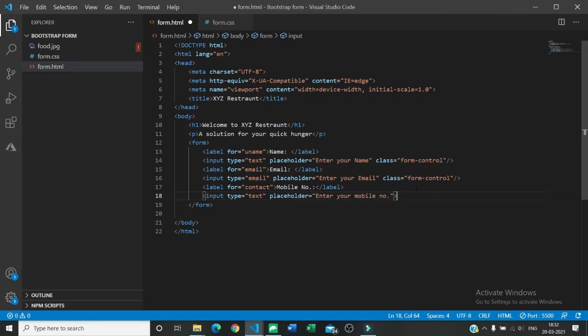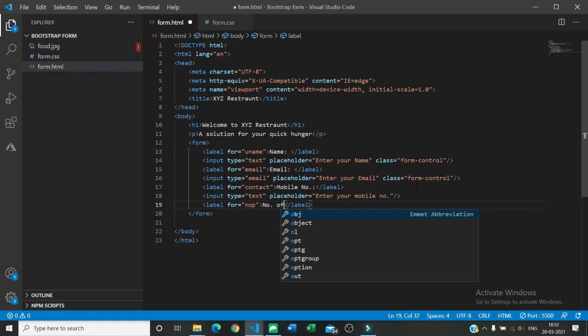Now I am going to close this, and after mobile number I want to ask how many people are going to visit the restaurant with him, how many people the table should be booked for. So here I am going to ask label for, let's say, NOP, number of person. So close it and give number of person.